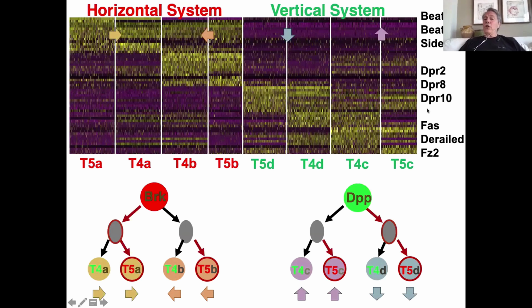And if you look at which genes are expressed there, these are actually cell adhesion molecules, which for the most part are part of large families of cell adhesion molecules, which allow, presumably, those cells to make a specific connection. For example, the Beats are cell adhesion molecules that can connect to Sides, and the DPRs and DIPs are just cell adhesion molecules that can contact each other.